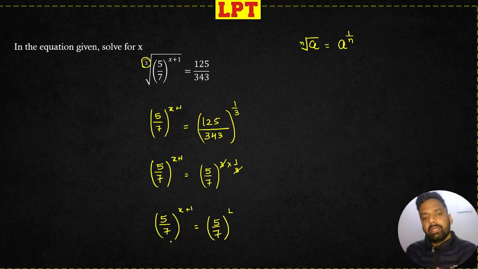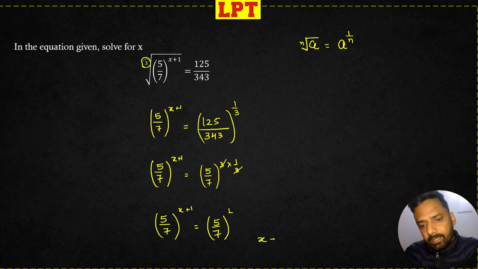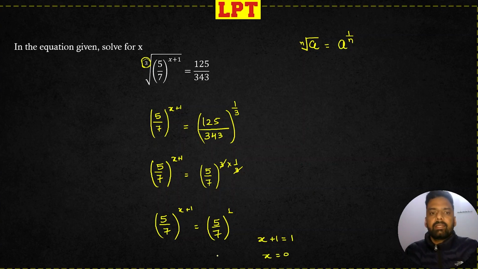Now we have done that if the numbers are the same, okay, if the base is the same, then we can directly compare the powers. I can say x plus 1 is equal to 1. The value of x that comes out from here, it has to be,